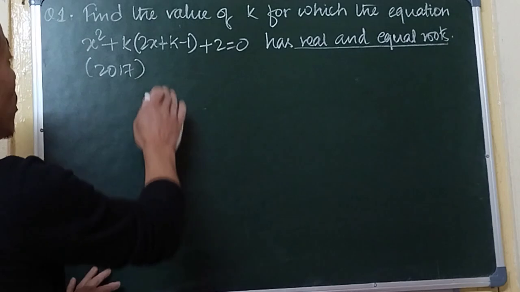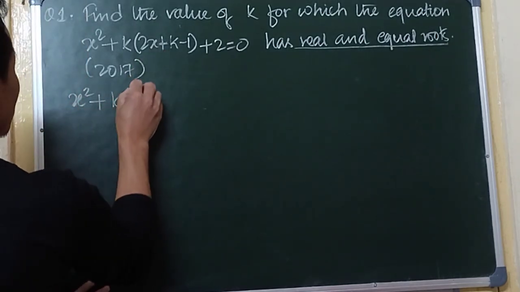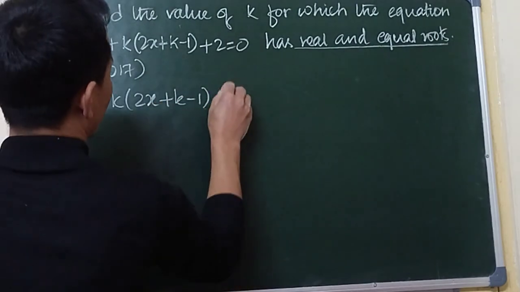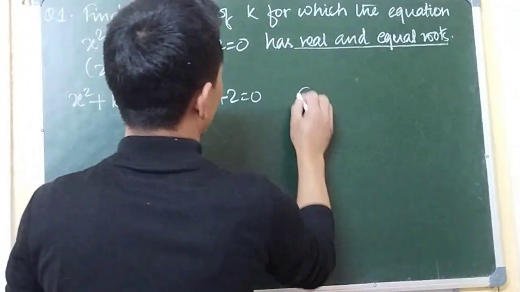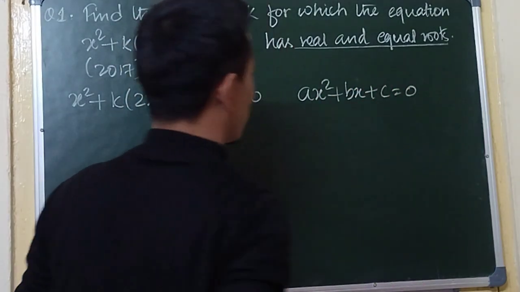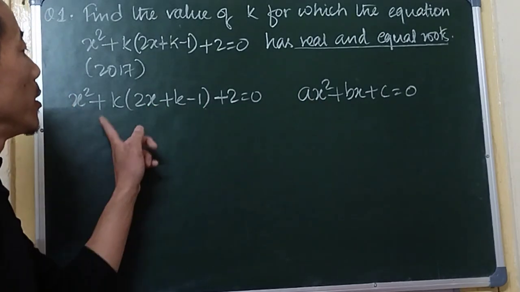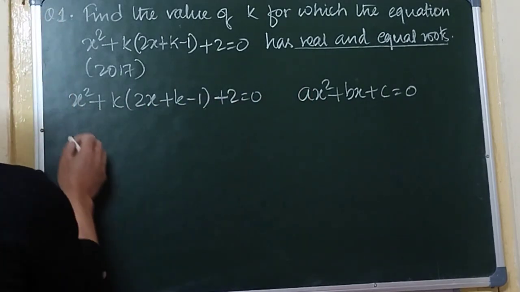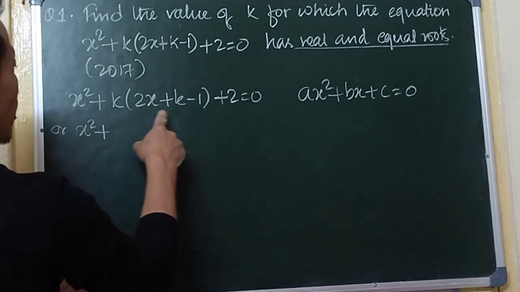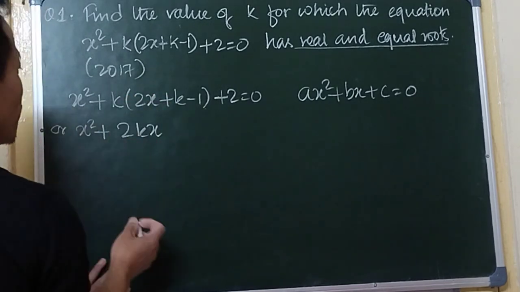So before we do anything here, we have to first convert the given equation into the standard form of the quadratic equation, that is in the form of ax square plus bx plus c equals to 0. So this is not in the standard form. So first we have to convert this into standard form. Alright. So what we can do here is multiply k to this entire term in the bracket. So this becomes twice kx